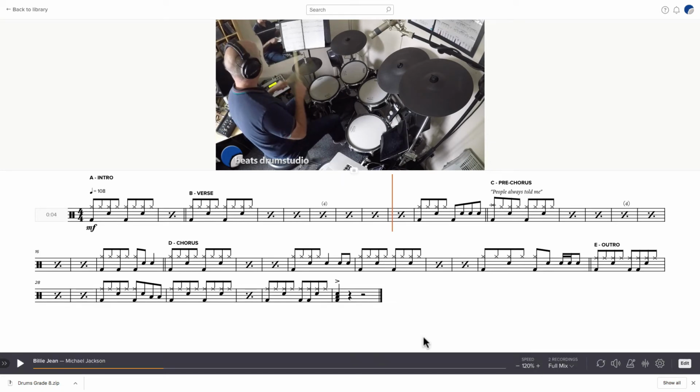One of the most useful features of the Soundslice player is the ability to loop a section. To do this, I just select these two bars that I'm going to loop and I drag my cursor across